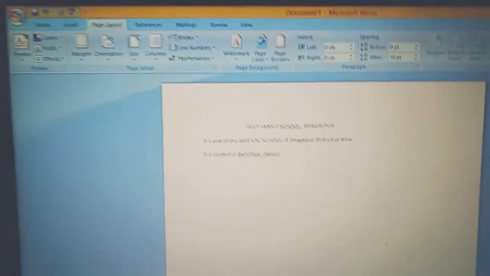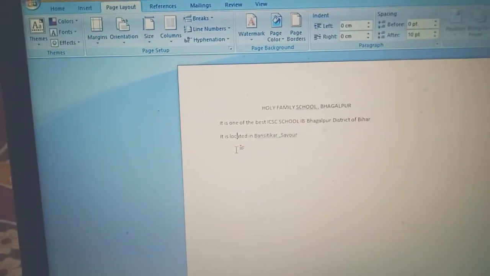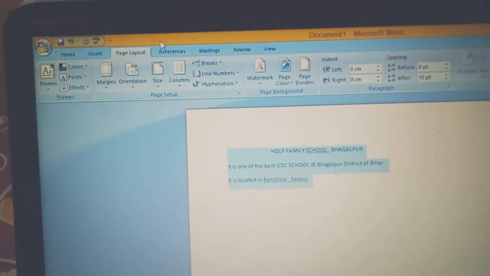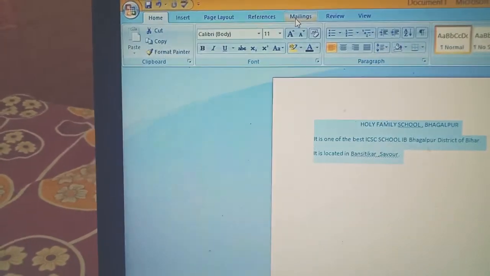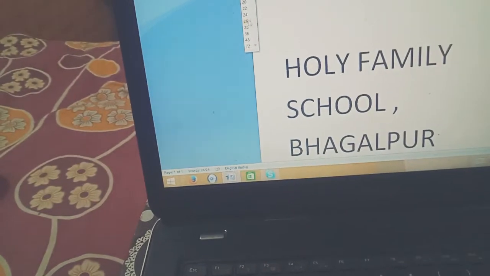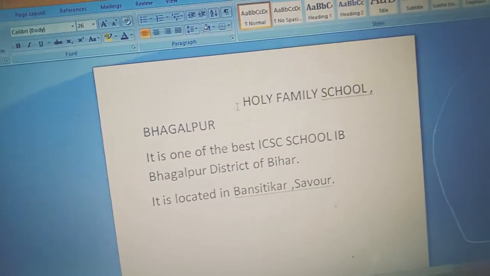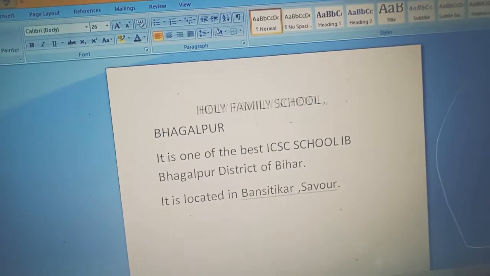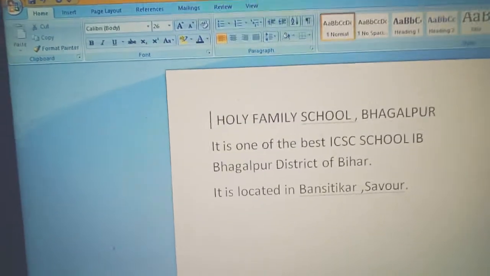Spelling and grammar. See students, I have typed one text previously on this screen. First of all, let us select the text and increase its size so that it is clear to us what we have to do. We know how to increase the size. We go to the Home tab, and in the Home tab we can see the size column, and we will increase the size so that it is visible. This is the text I have already typed, just a few lines for your better understanding.